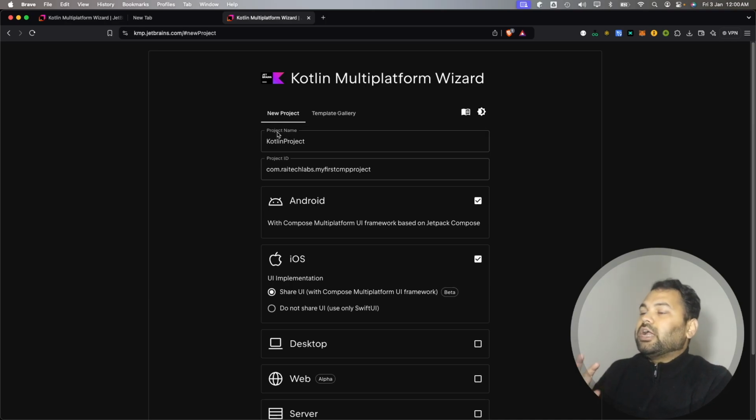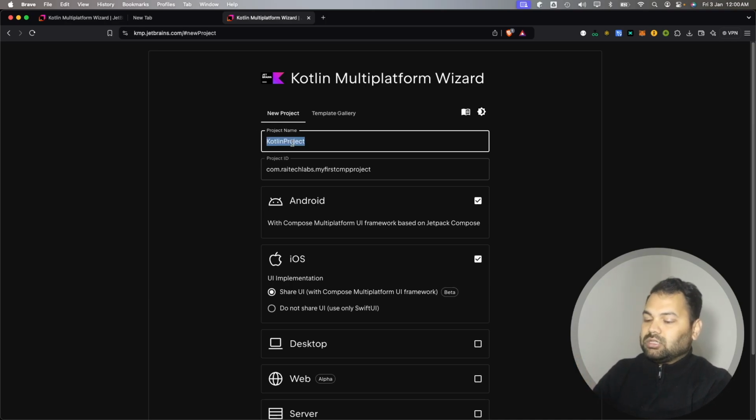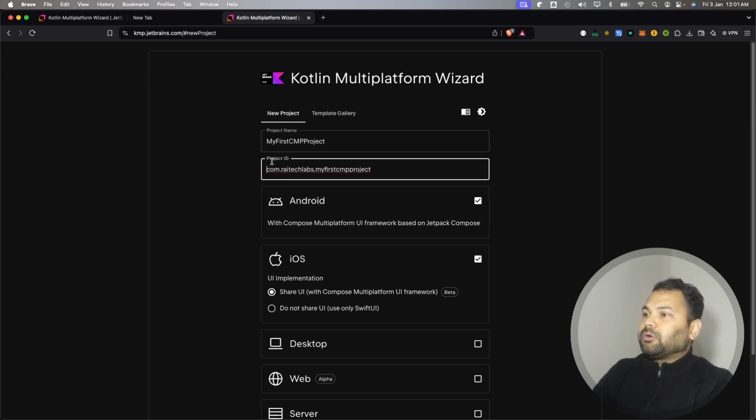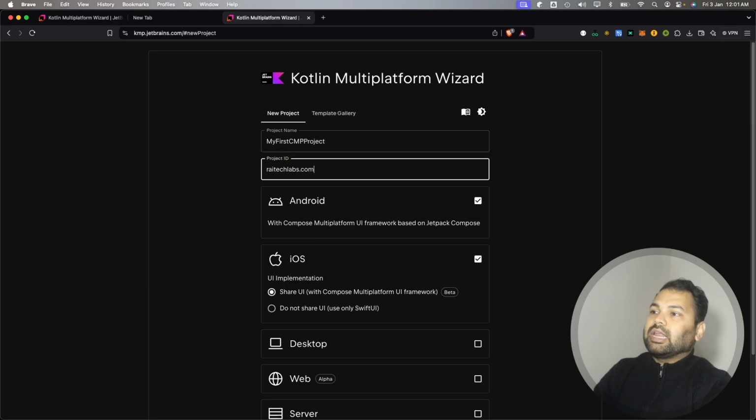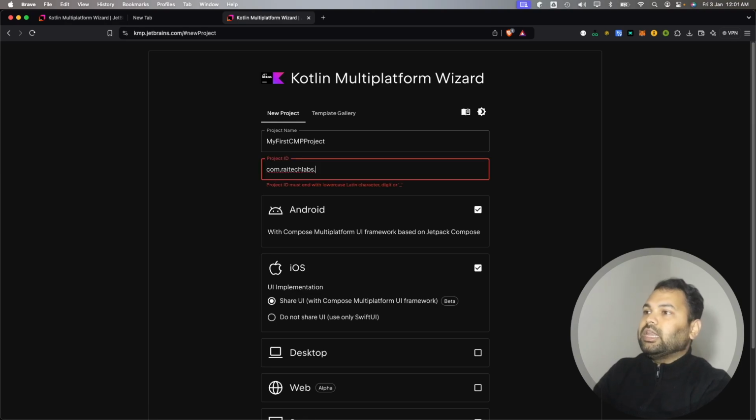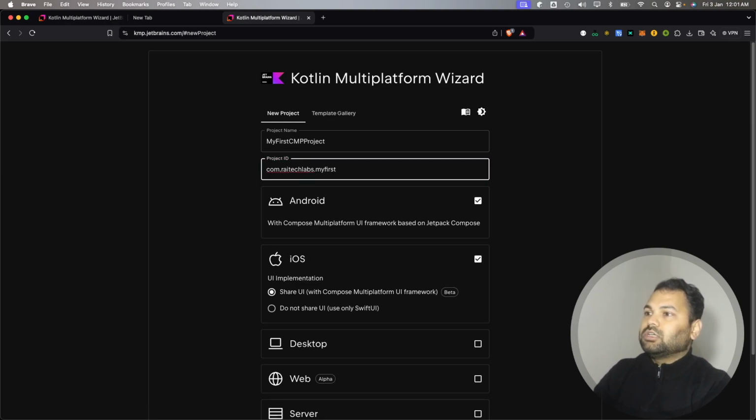So here it is asking for a project name. So let's write it my first CMP project. For the project ID, it is actually the reverse of the domain name. So my domain name is ryteklabs.com. So instead of writing this, I will be writing com.ryteklabs and then the name of the project, which is my first CMP